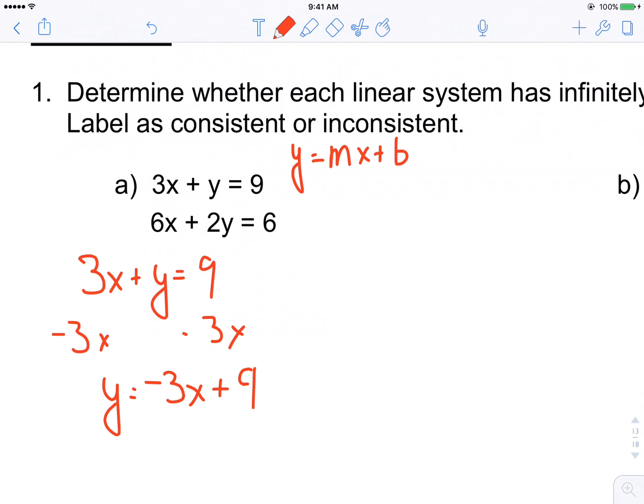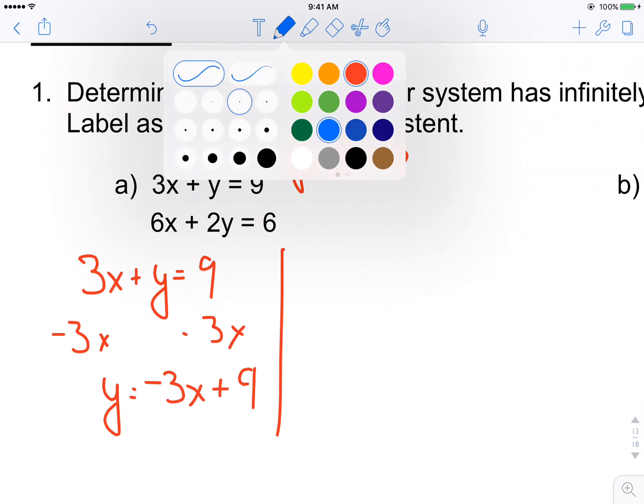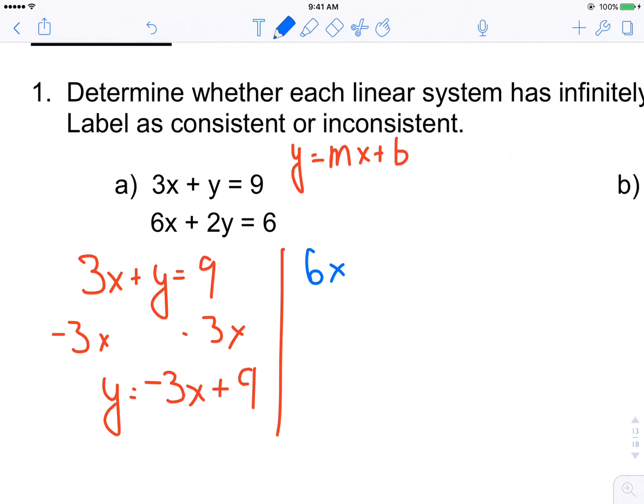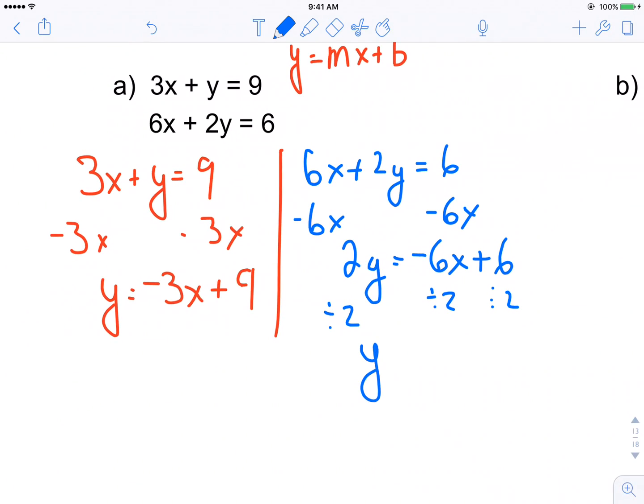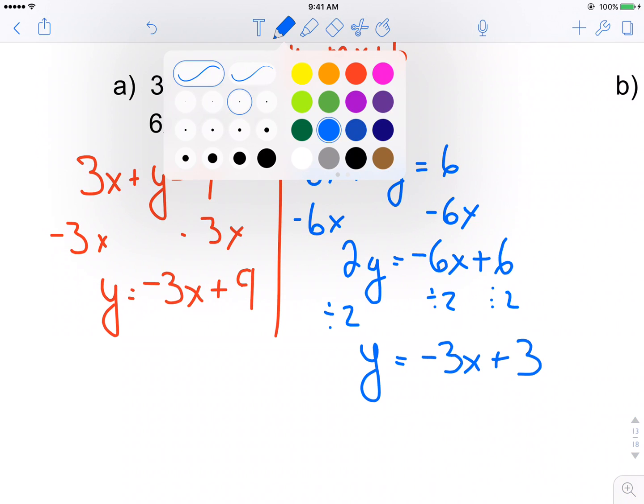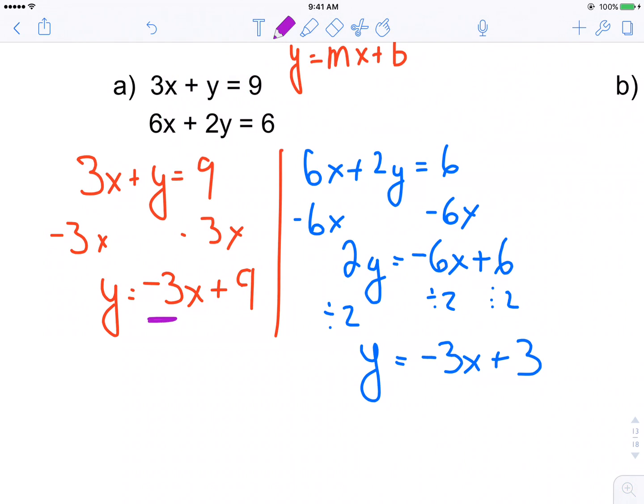And I do the same for the other equation, which I'll do in blue. 6x plus 2y is equal to 6. I'm going to subtract 6x, minus 6x. That'll leave me 2y is equal to negative 6x plus 6. Divide by 2, divide by 2, divide by 2. That will leave me y is equal to negative 3x plus 3. So we can see that these two graphs have the same slope